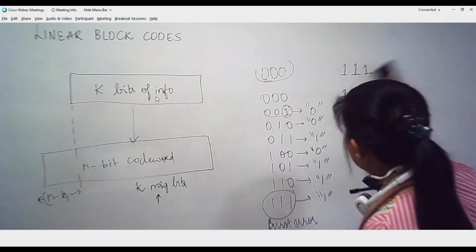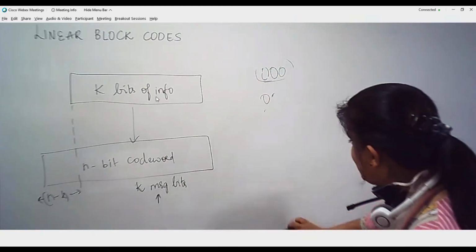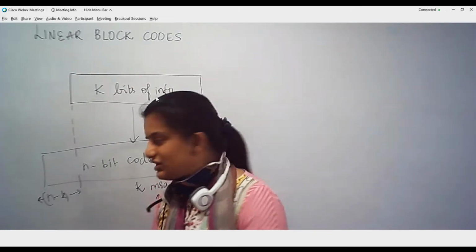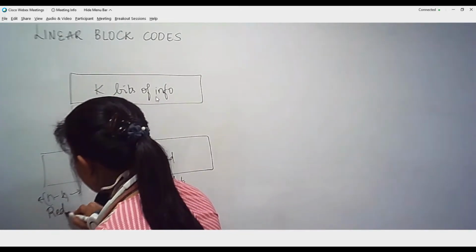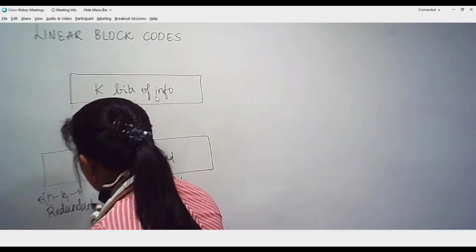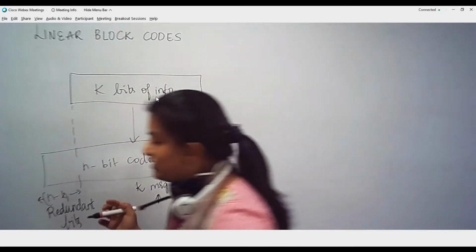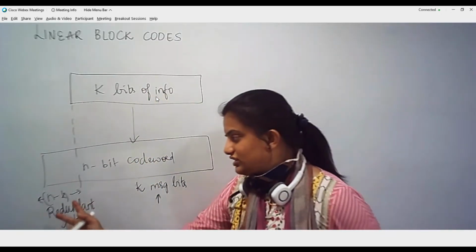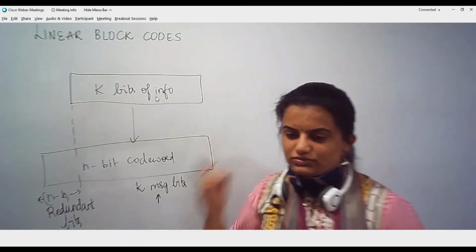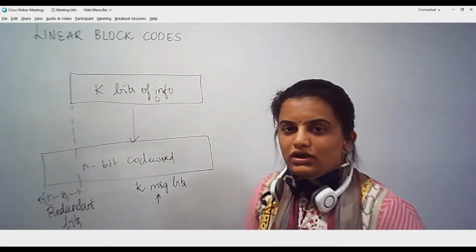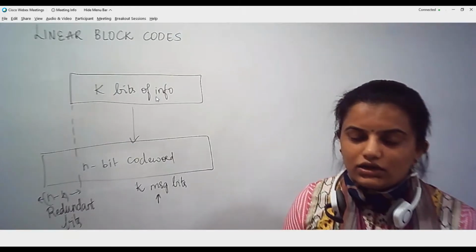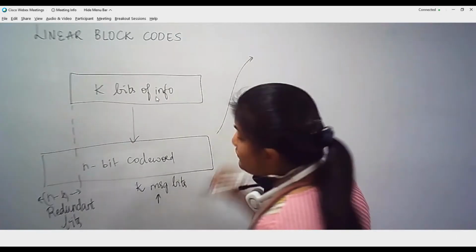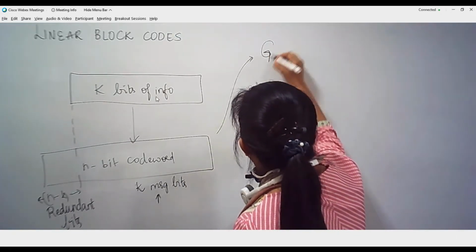So in order to overcome these scenarios, we are going to make use of a block of information and generate these redundant bits from the message bits themselves. So we are going to come up with a logic that makes use of the k information bits in order to generate the n minus k redundant bits. We will have to understand one thing over here. In order to construct an n-bit code word, we are going to make use of elements from a space called a Galois field.